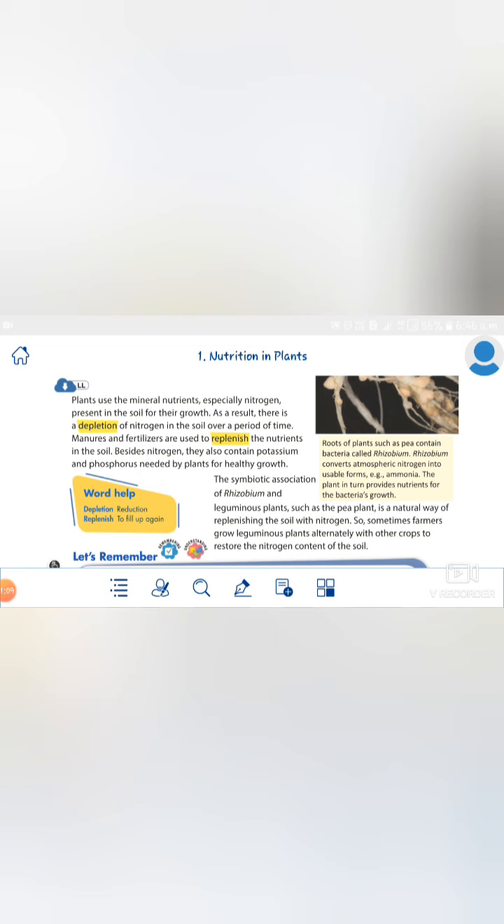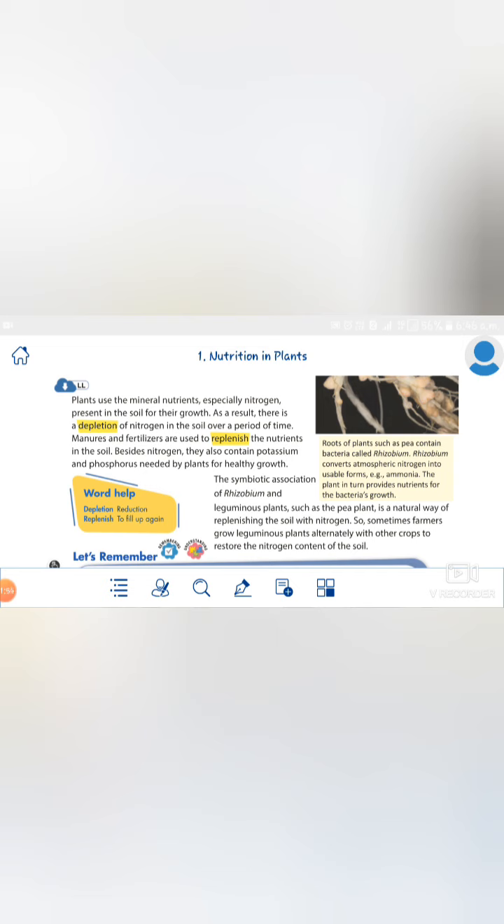So what are symbiotic plants? Plants that live in association with other organisms, where both the types mutually gain from each other, are called symbiotic plants. So this relationship helps the farmers because they do not need to add nitrogen containing fertilizer to